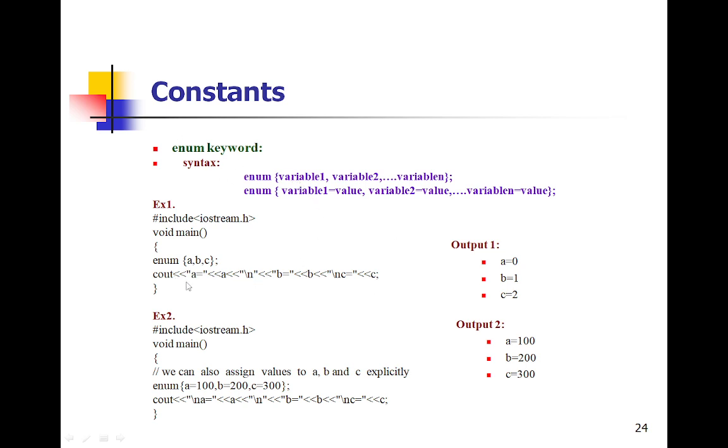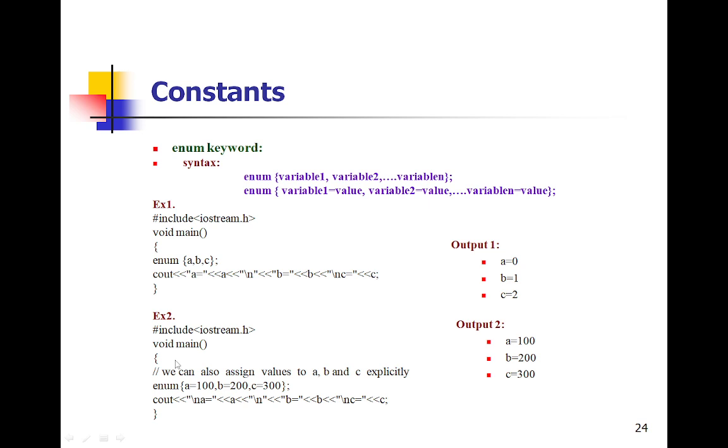So here you can see in the first example we have declared the enum variables as a, b, c, and we have not initialized anything. By default, enum will make the variable values start from 0. So the values will become 0, 1 and 2. That is the actual output. Here, a number of character constants have been used in order to give the display for your results.